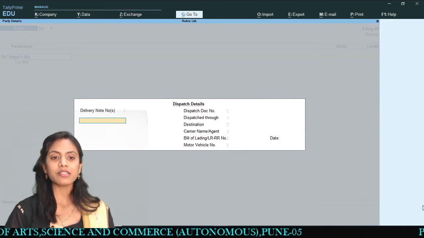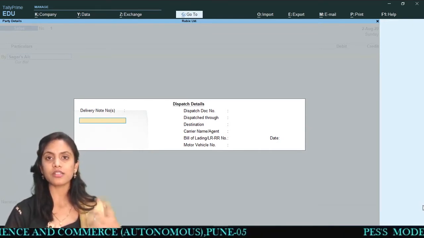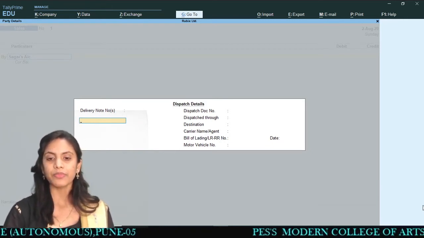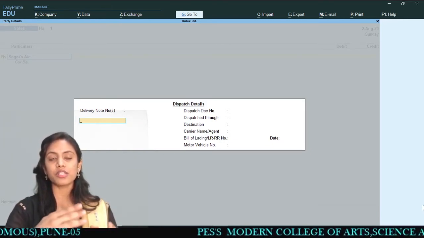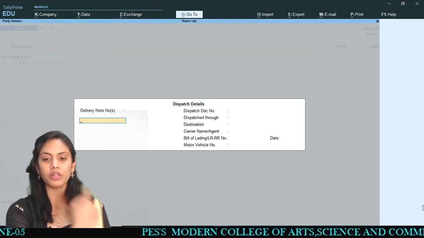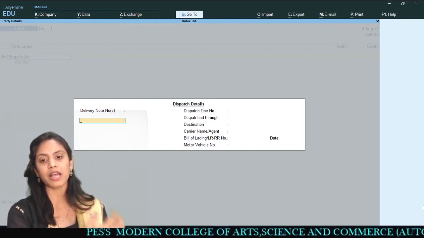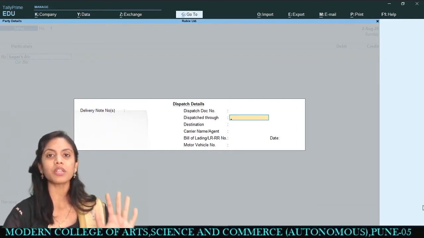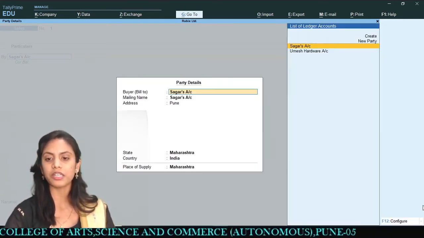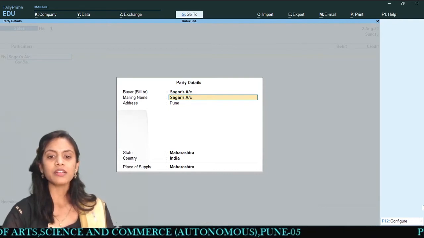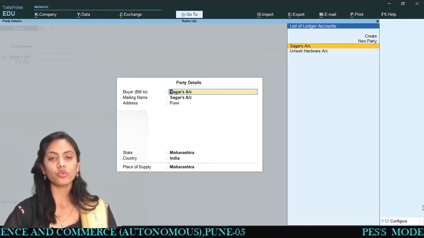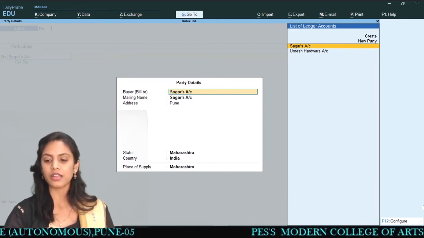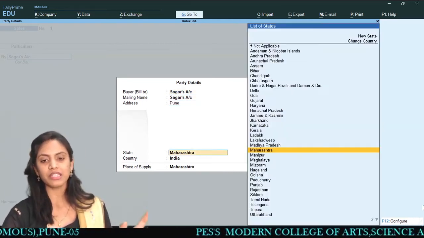Okay, likewise I have now created this ledger, Sagar's account. In the background, Tally has taken Sagar's account as a debtor. Now they are asking for details because you have sold goods to Mr. Sagar. If you have details related to dispatch, the motor vehicle number and all these things, you can give them over here. For the time being, I am keeping it blank. Now the buyer's account, that is, the party to whom you are giving this bill. So Sagar's account, you can give the details over here.